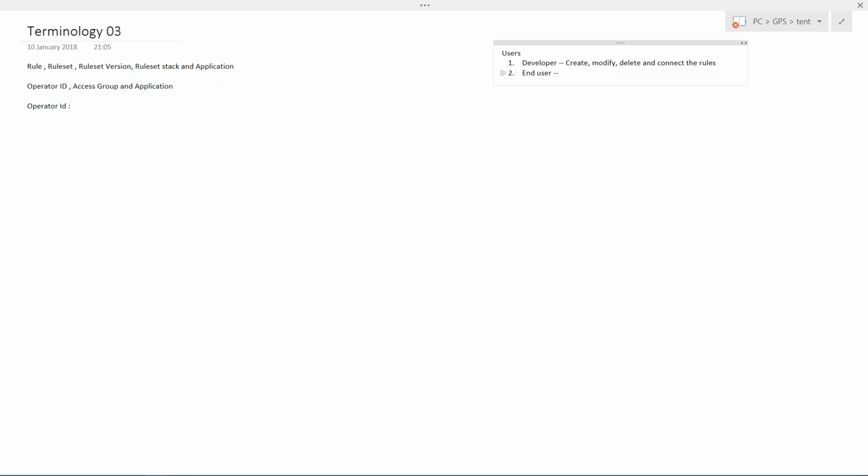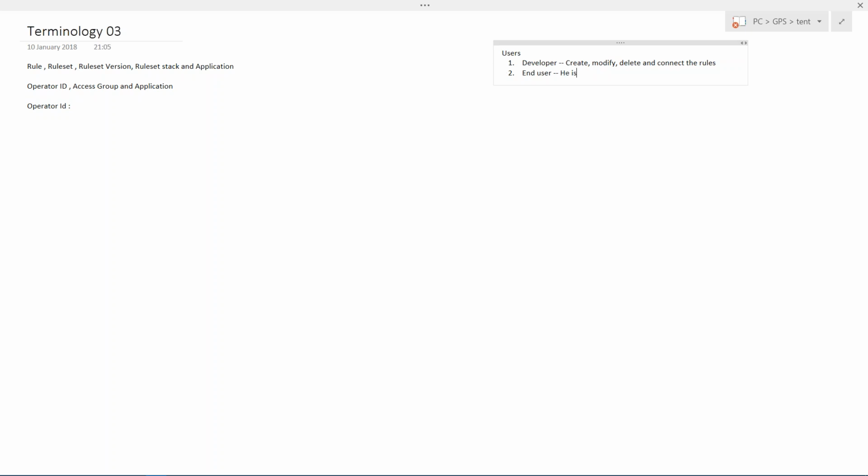For example, if I have created an HDFC Bank application, the persons who are using HDFC net banking are my end users. I am a Pega developer, and my job is to create an application whose client is HDFC. If you have an HDFC account, you are going to be the end user. So two different users.